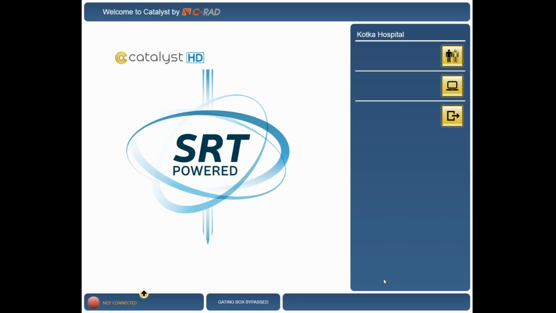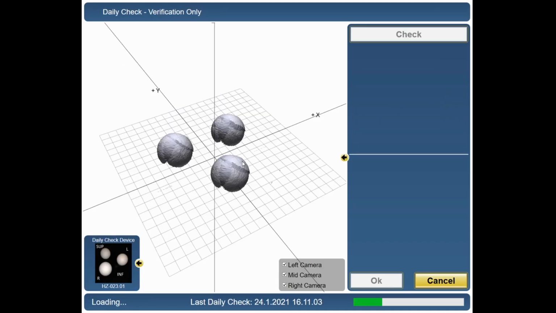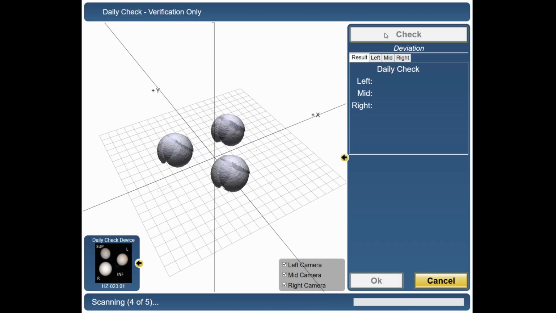The reason can be quite obvious, namely that the phantom is not correctly rotated, as shown in the example here. Also, one possibility is that the camera settings for the QA procedures are not set appropriately. These are configurable. Please contact CRUD support for further assistance. Anyhow, object not recognized shows that something with the setup of the phantom is incorrect, and you should double check